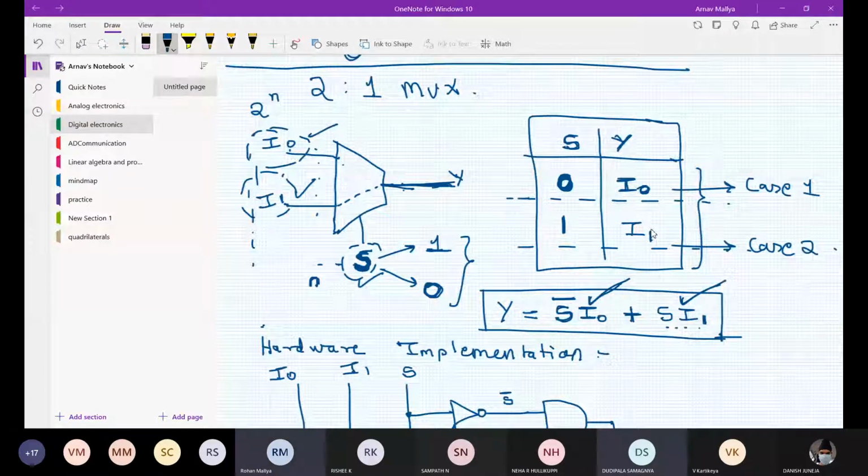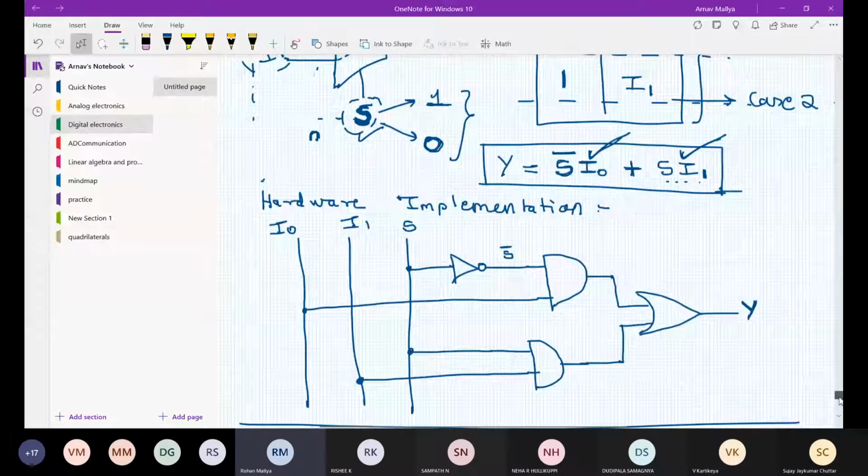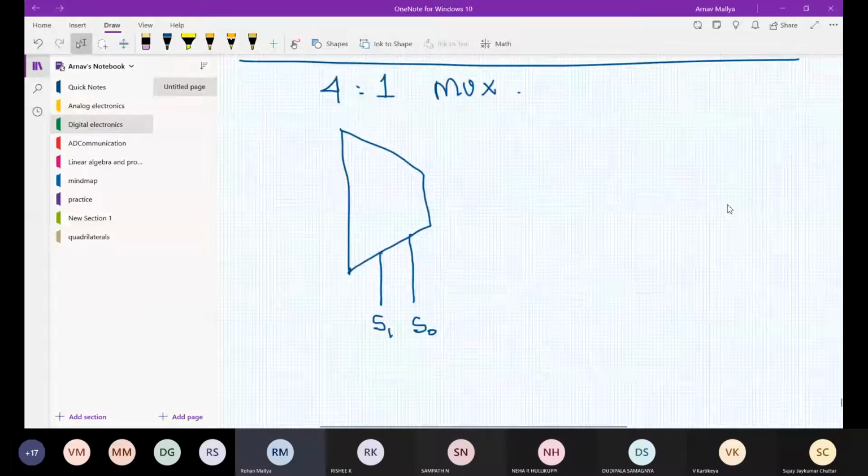Okay, so I'll move on to the 4:1 mux. I have two select lines, so with two select lines, I can generate four combinations. What are those four combinations?